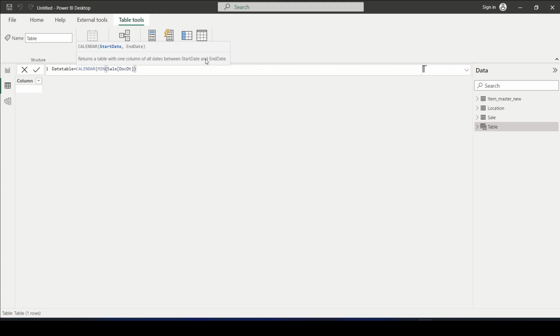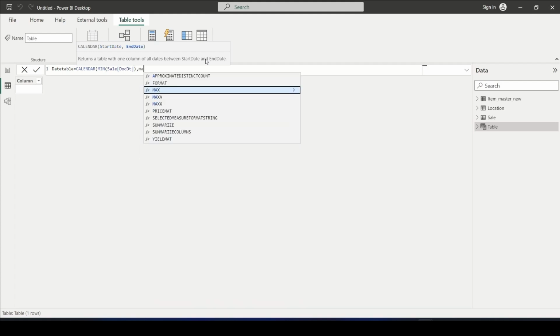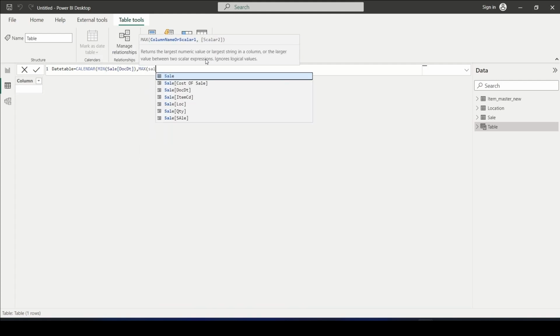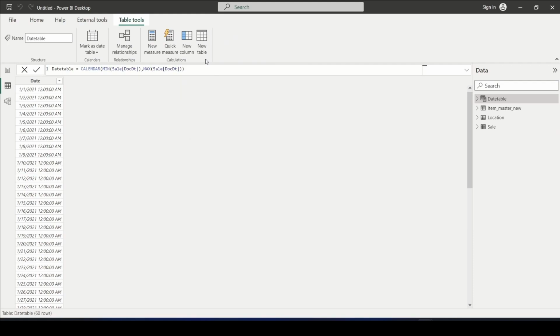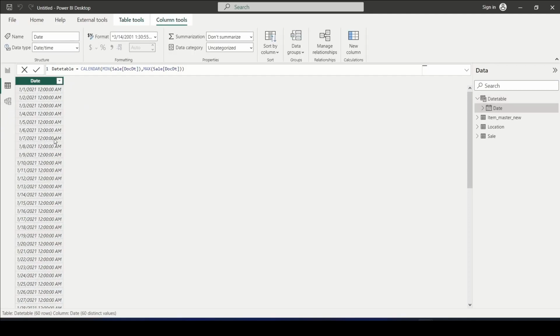Open and close the bracket and comma, maximum of sale document date. Click enter. So it will create the table from the minimum of the sales table and the maximum of the date in the sale. Okay, and now we got the date,